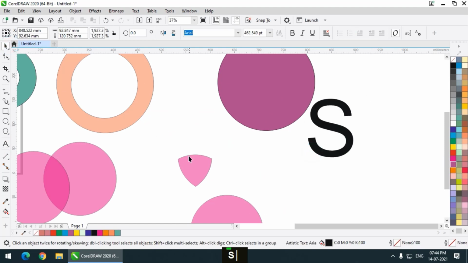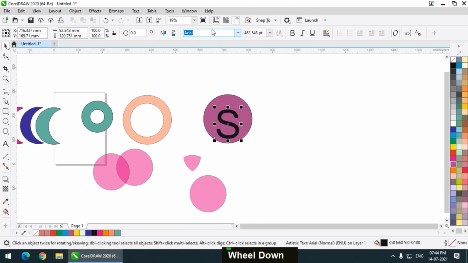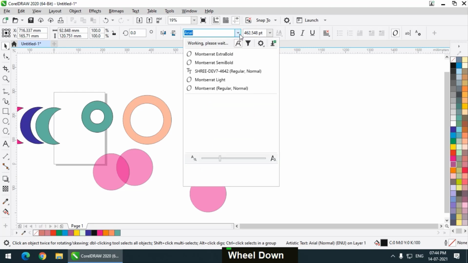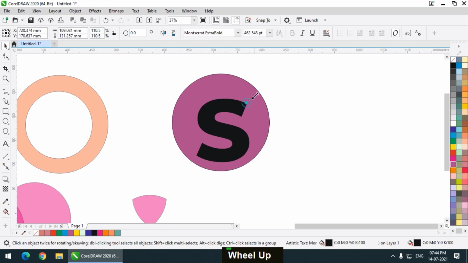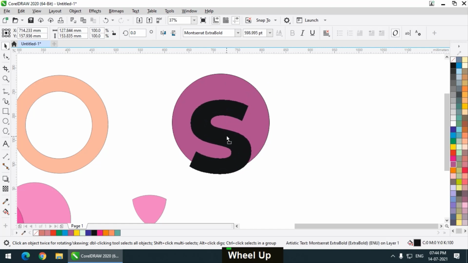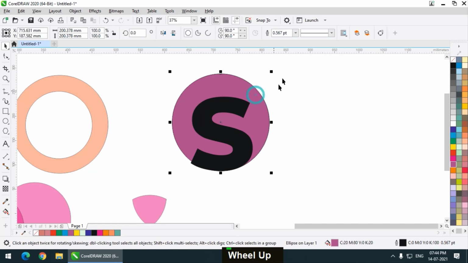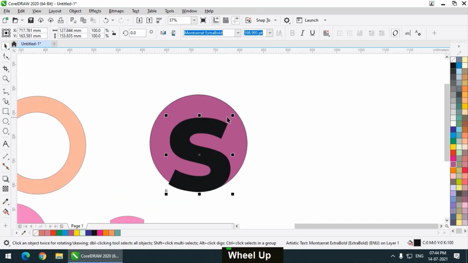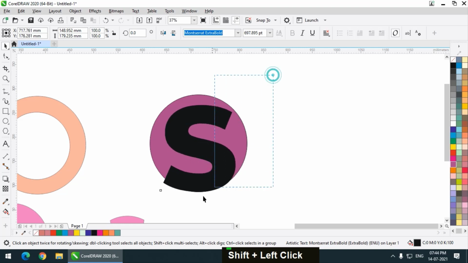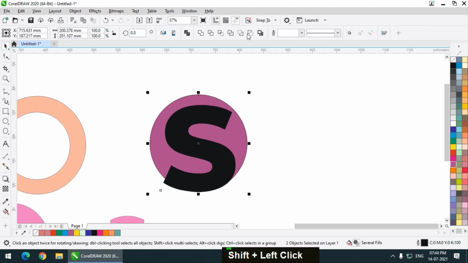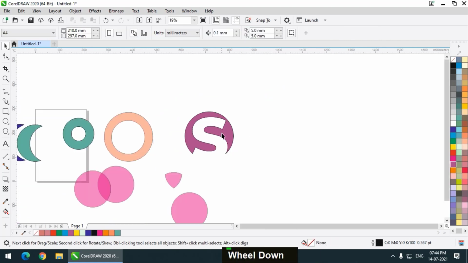I can simply create a letter or type a letter. Let's say I choose this option and place it over here. Remember, the text is at the front, so I will increase it a little bit more. I can simply use the option back minus front, and this is what will happen.